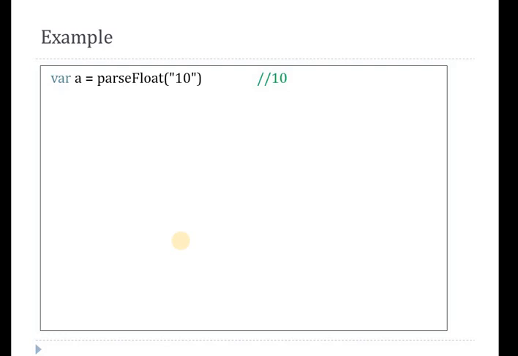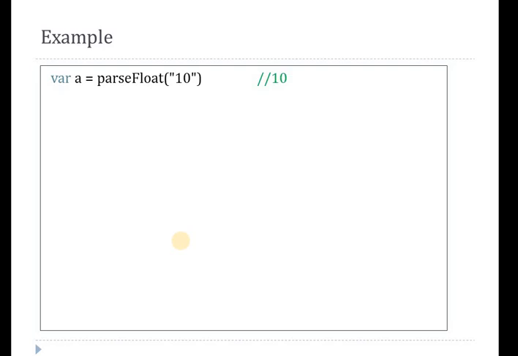Over here I have declared one variable a, and I have assigned parseFloat, and as an argument I have passed 10. Obviously you can see that this string can be converted to a number, and the return value is 10.